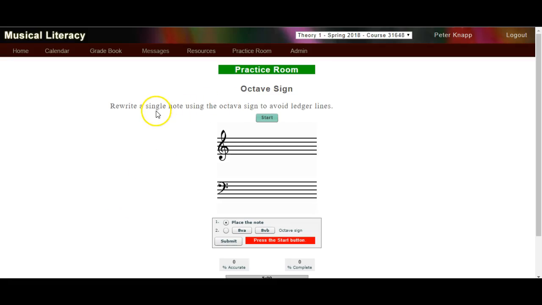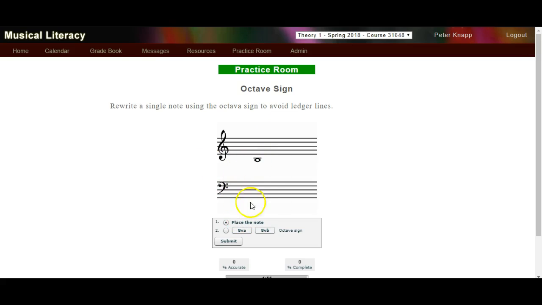Okay, so octave sign: rewrite a single note using the octava sign to avoid ledger lines. Do you remember seeing, if a flute player has extremely high notes, they may notate it down here and then say 8VA? So the flute player knows to play it up here even though they're reading down here, right? That's what they're looking for here. So start, okay, so this note here,